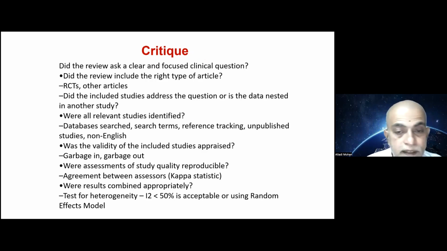Were all relevant studies identified? What was the search methodology? What were the databases searched? What were the string or search terms used? How did they track the references? What effort was made to locate unpublished studies,